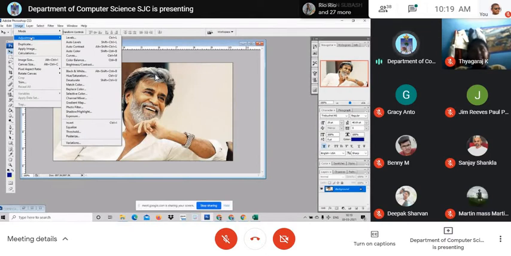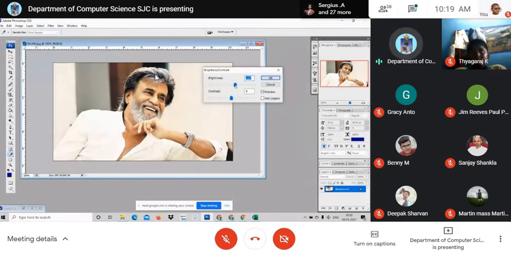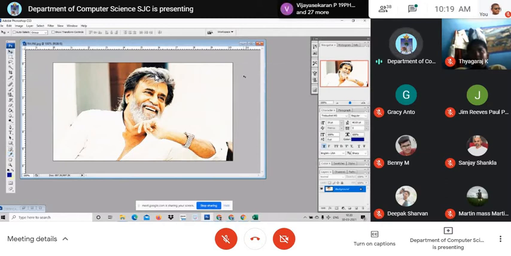Contrast. You all know what I mean by contrast. Contrast increases the depth of the color. For example, look at here. I'm going to adjust the brightness and contrast. I just click brightness. I increase the brightness. And see, I increase the contrast also. See the contrast. Originally, the picture was like this, but I'm able to increase the brightness and the contrast, the depth of the color. That's what we mean by contrast.